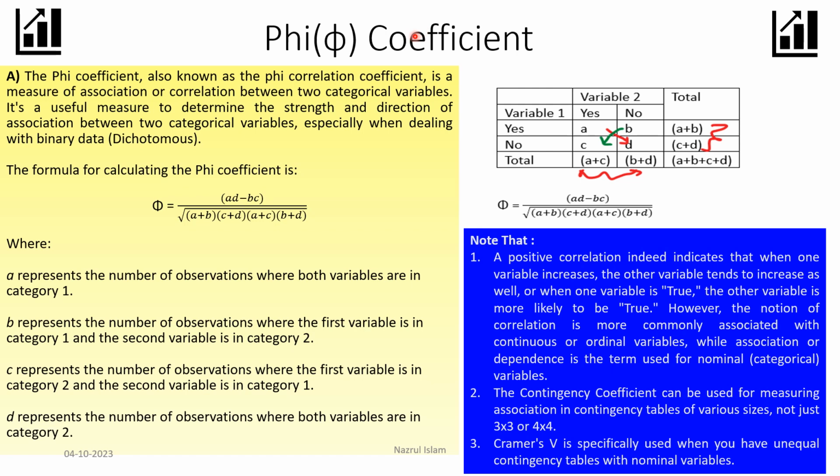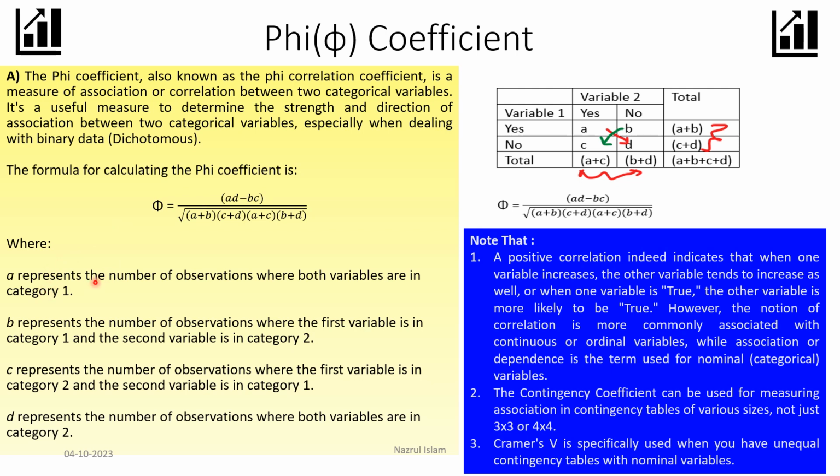Now we have to define the Phi coefficient. The Phi coefficient, also known as the Phi correlation coefficient, is a measure of association or correlation between two categorical variables. It is a useful measure to determine the strength and direction of association between two categorical variables, especially when dealing with binary or dichotomous data. The formula for calculating the Phi coefficient is given here,